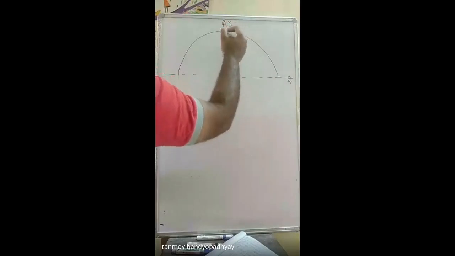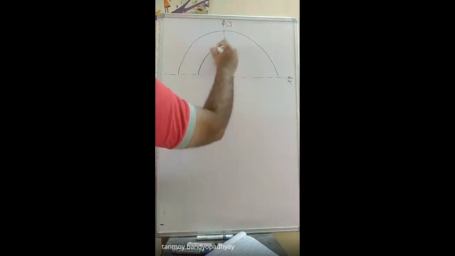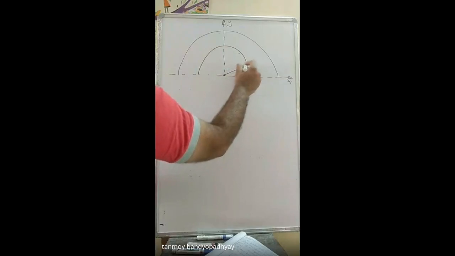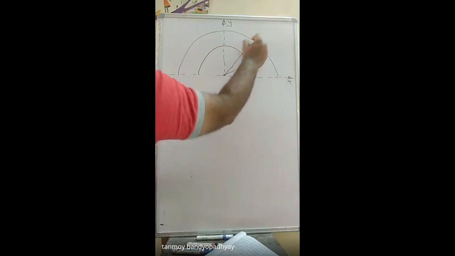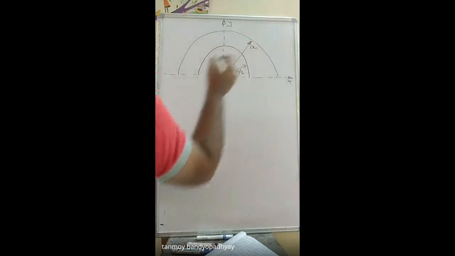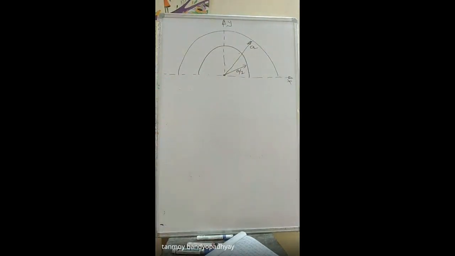So this is y, and this one is a by 2, and this one is a. So in this case we have to calculate the rectangular and the polar radius of gyration. That means we need both Ix and Iy, and then from Ix and Iy we are supposed to calculate Iz. But in this case, since it's a circular figure, it will be easier for us.